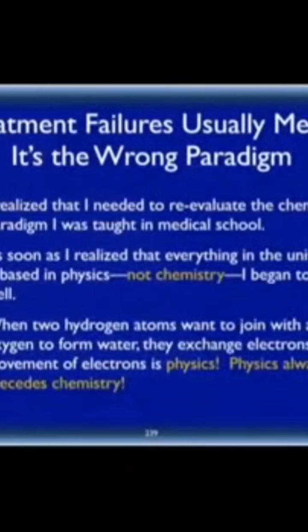Cells are designed to run at a pH of 7.35 to 7.45. And so I didn't really know too much about pH. I remembered it had something to do with acid-base balance, but I didn't really know a great deal more about it. So as I began to look at pH, I began to realize that pH describes voltage in